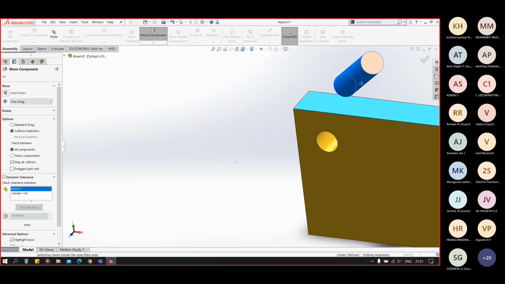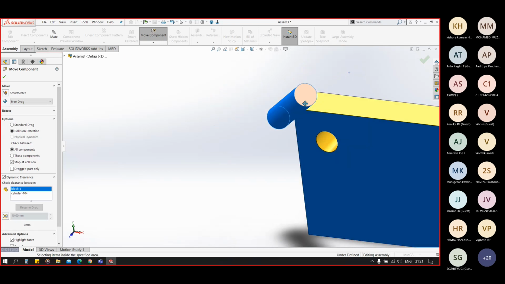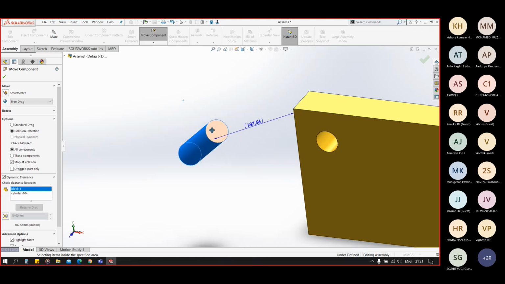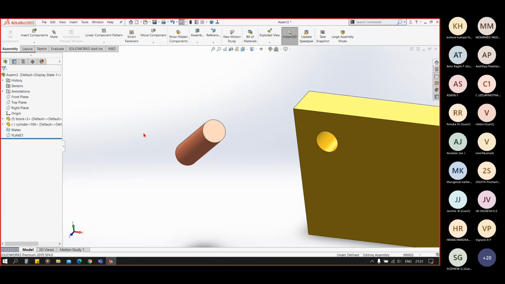And as we collide, you see the part gets highlighted and the movement stops. So this is the dynamic clearance. Currently we have say 260.21 mm distance. Okay, so this is the move component and rotate component option here.